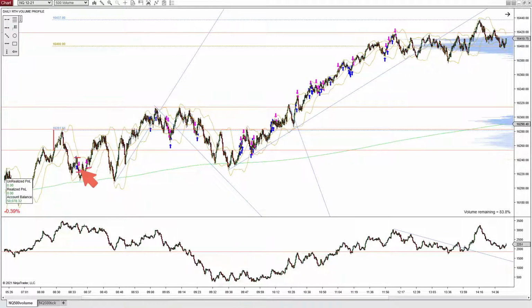But price came down to VWAP, came back up, broke a new session low. We came right down to the session low, I guess, and that was just at 840. And then it started moving back up. So we bought in up here, boom, got stopped out. No, I bought in here, added to it, and then we got stopped out here. That was frustrating. Shorted it here, took a little win there.